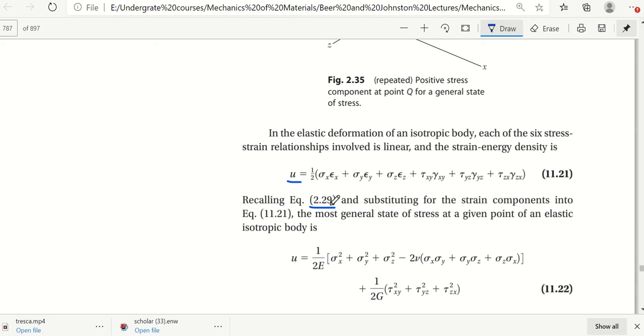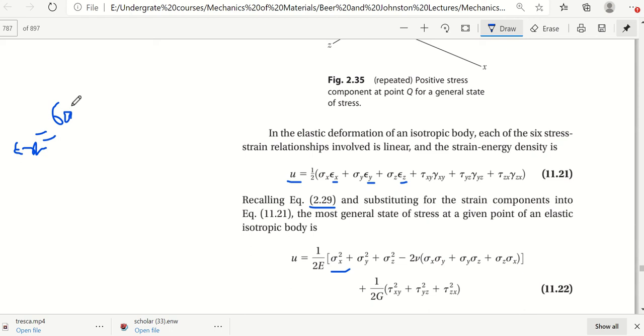So we have replaced for all the strain components, this is the Ex, Ey, and Ez, and we substitute these expressions into this one, and we get sigma square x. How we get this is the strain in x, right? And this is equal to sigma x over E,